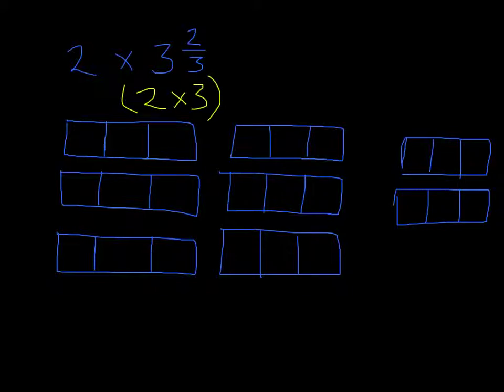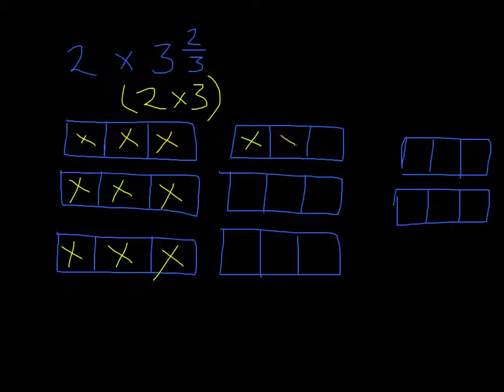That's our whole numbers, right? So 3 wholes are going to be 1, 2, there's a whole, there's a second whole, there's 3 wholes, but I want 2 times that, so I need 2 of each of those,